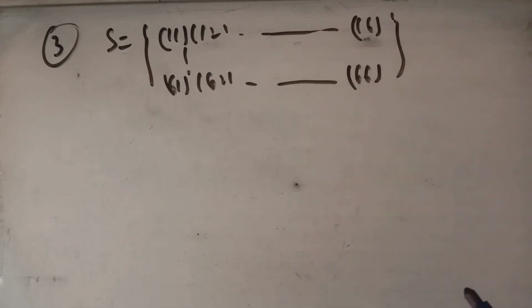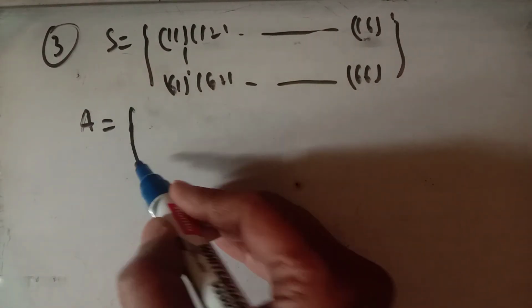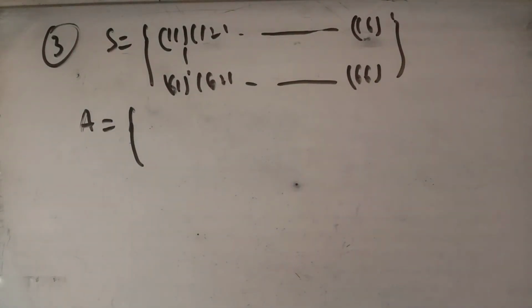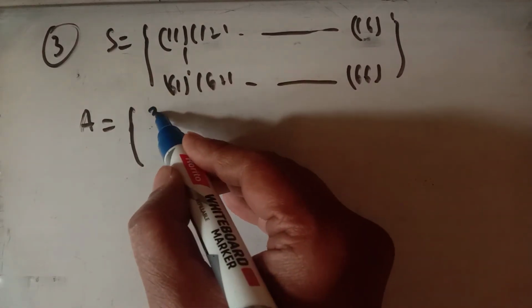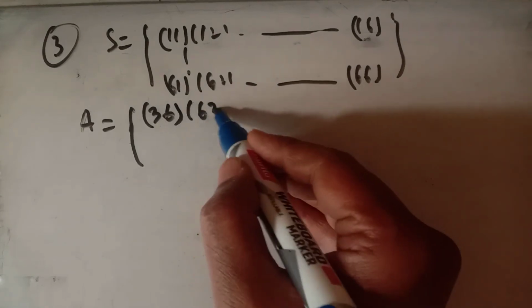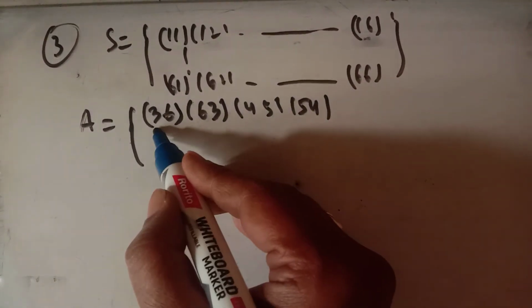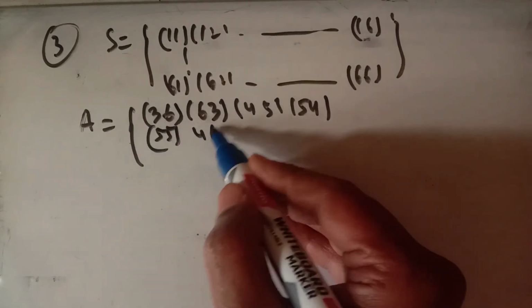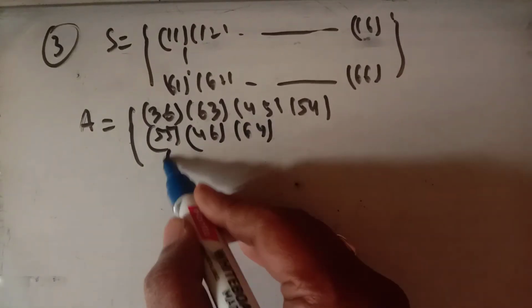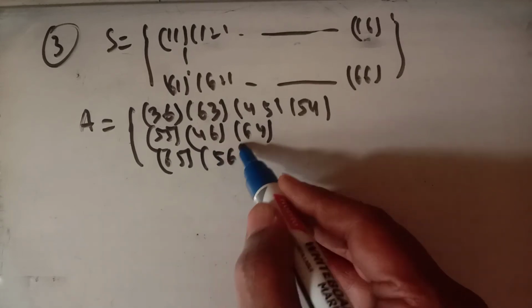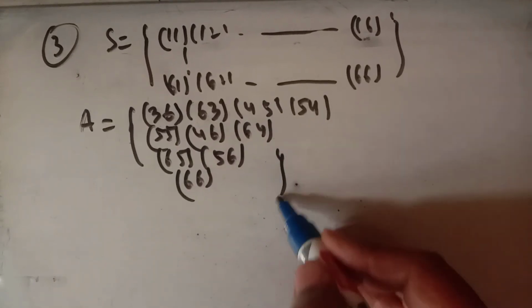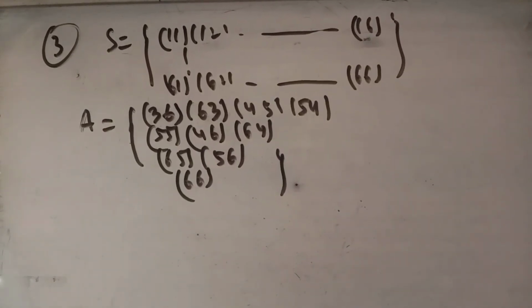Now in the first part, the event A that the sum is greater than 8. वो event है जिनका sum greater than 8. Greater than 8 का मतलब वो events जिनका sum 9, 10, 11, 12. तो 9 वाले ले लीजिए. 3 6, 6 3, 4 5, 5 4, ये sum 9 हो गया. 10 ले लीजिए. 5 5, 4 6 and 6 4. 11 ले लीजिए. 6 5, 5 6 and 6 6. So these are the events where the sum of the faces is greater than 8.